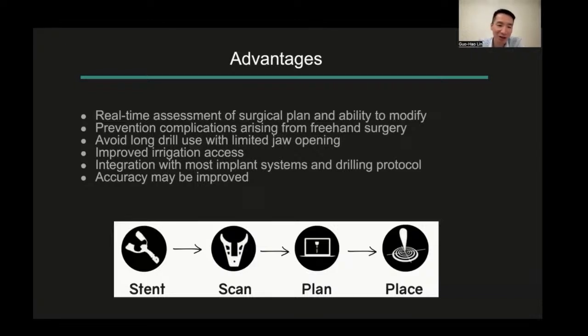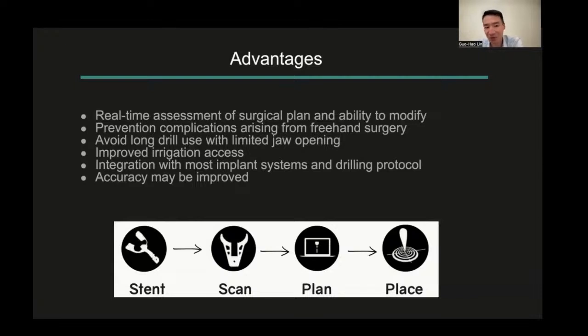Also, for the irrigation access, the navigation guided system is much better compared to the static guided system. We actually saw a lot of case reports talking about jawbone necrosis because of overheating the bone, just because of the lack of irrigation access from the static guide. And since we don't really need a static guide while doing the dynamic navigation implant placement, this issue